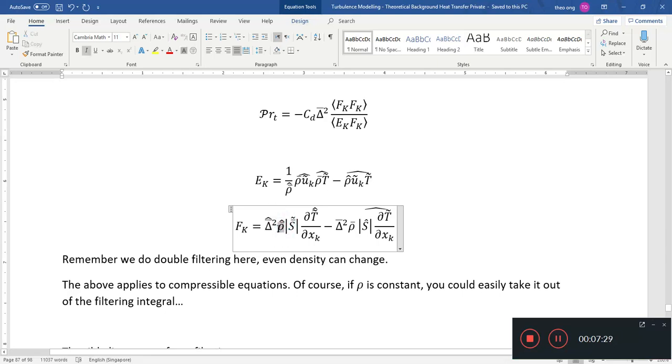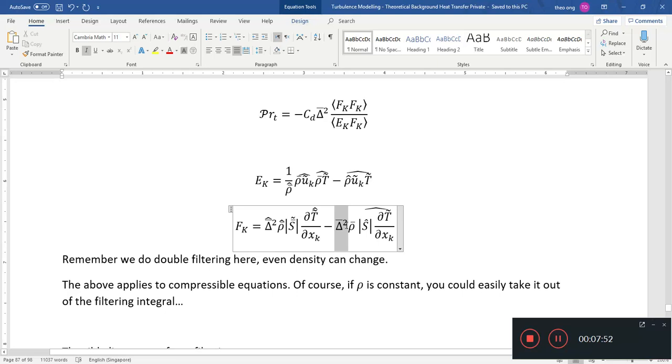Then you have doubly filtered density and doubly filtered strain rate. And then here you have a doubly filtered temperature. Okay, so this is a temperature gradient, doubly filtered temperature gradient. You subtract off, okay, the singly filtered